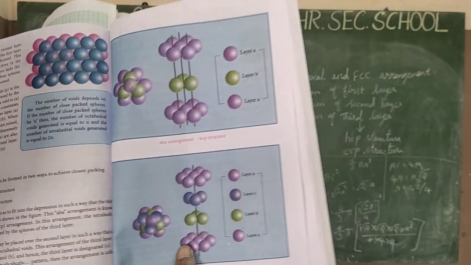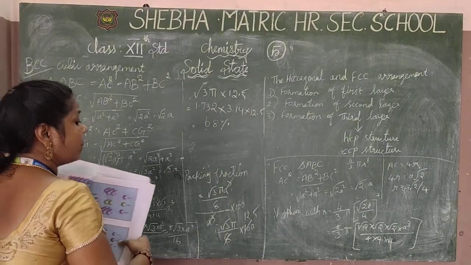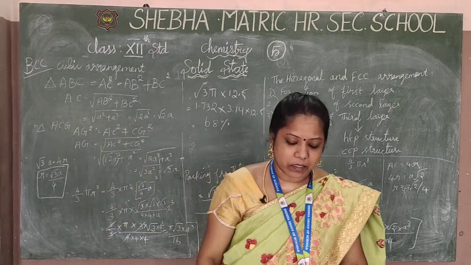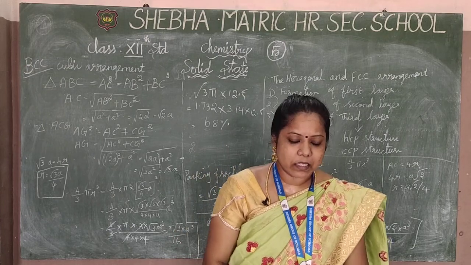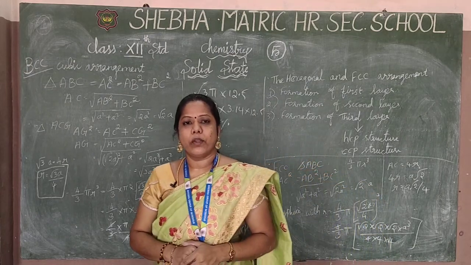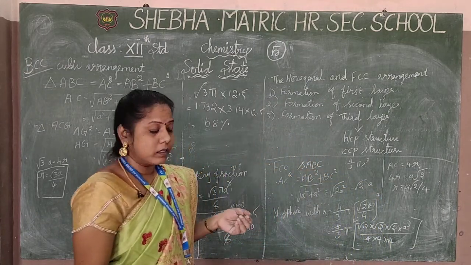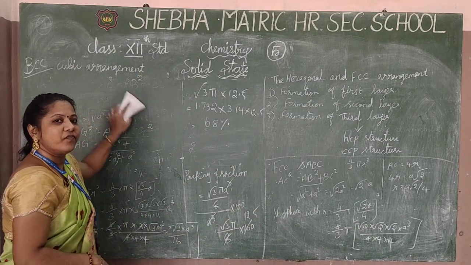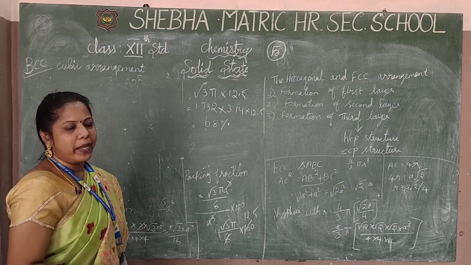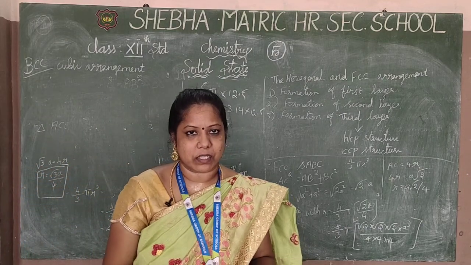So these are all for the arrangement of the crystalline structure of the spheres. I hope you understand how to arrange the crystals in this chapter. I am going to explain about it, the last chance, for the FCC. What is that FCC? The face centered cubic arrangement and its packing efficiency. Okay.